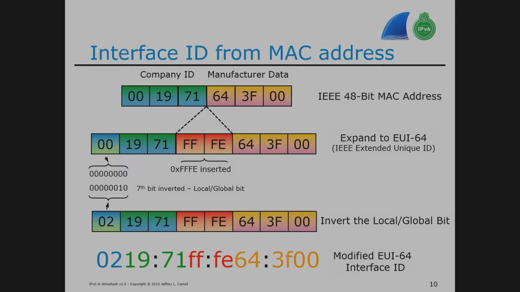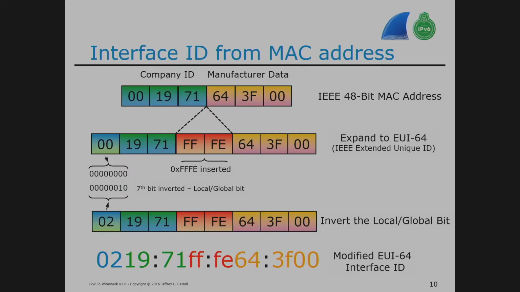And that was the best news for the bad guys. Because all I have to do now is take that 64-bit number, uninvert the bit, take out the FFFE, and they've got a real MAC address. They can go look at the OUI on the IEEE website and find out, oh, that's a Cisco router, oh, that's a Cisco phone, oh, that's an HP laptop, oh, that's an HP printer. Thank you very much, right? And then all they have to do is determine, with that OUI, what kind of devices are on this network segment? So they can determine how they want to start their attack. So that was a good idea, but not real practical.